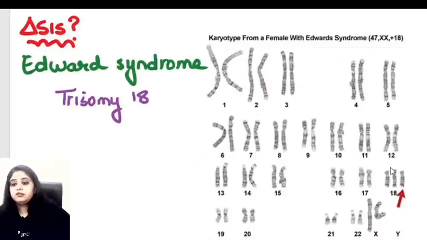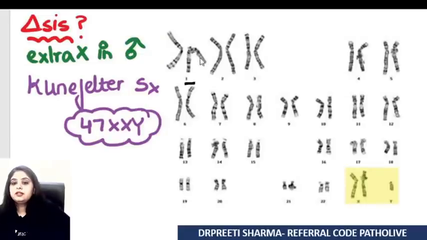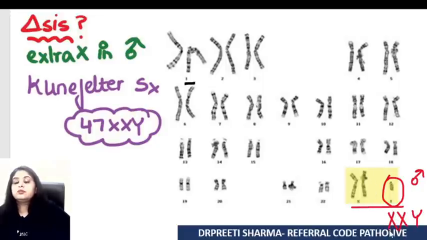The next one as well, you see there's an extra chromosome on chromosome 18. I think everyone knows the mnemonic: E for 18, E for Edwards syndrome. Coming to the next. When I look at the numbers, all of them are in pairs and everything seems fine. But when I come to the sex chromosomes, the X and the Y, I see a Y chromosome. One Y chromosome clearly tells me it's a male. So if a male has one Y chromosome, he should have one X chromosome. But instead of one X chromosome, there are two X chromosomes present. So in a male patient, I'm having an extra X, and that is a classical case of Klinefelter syndrome.